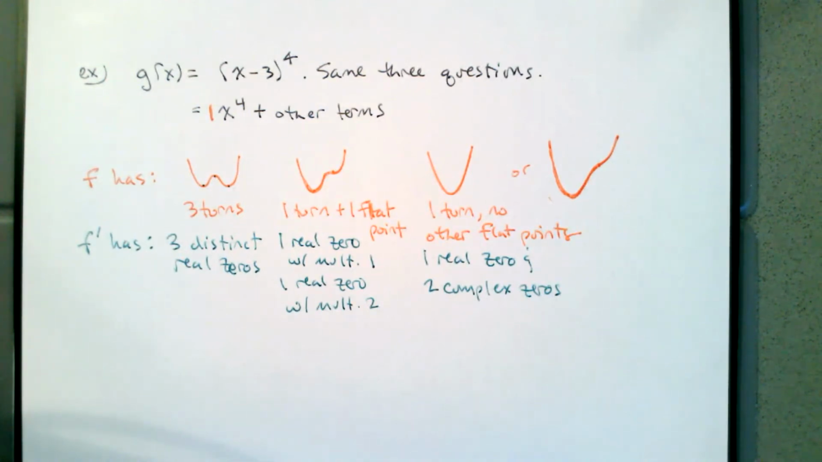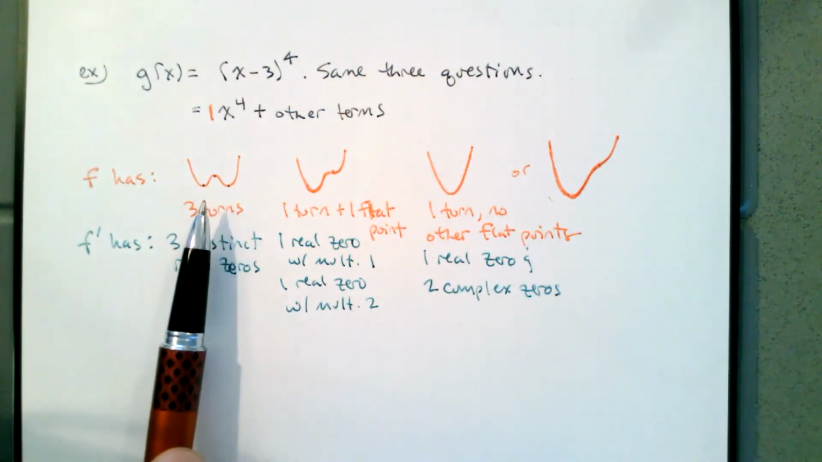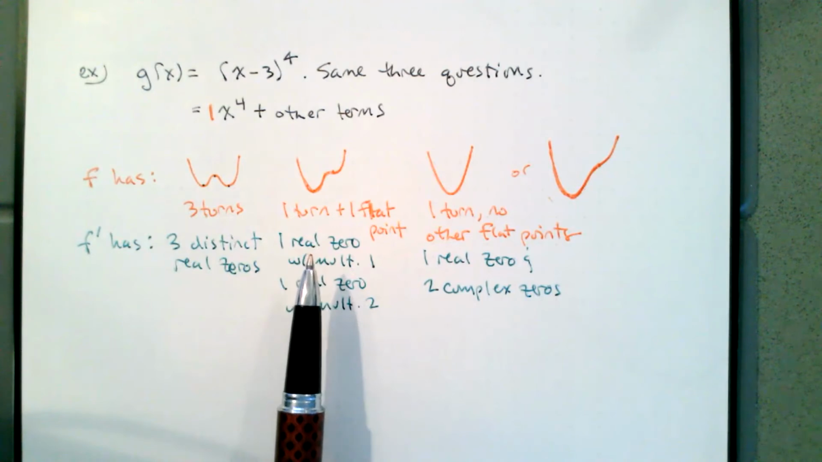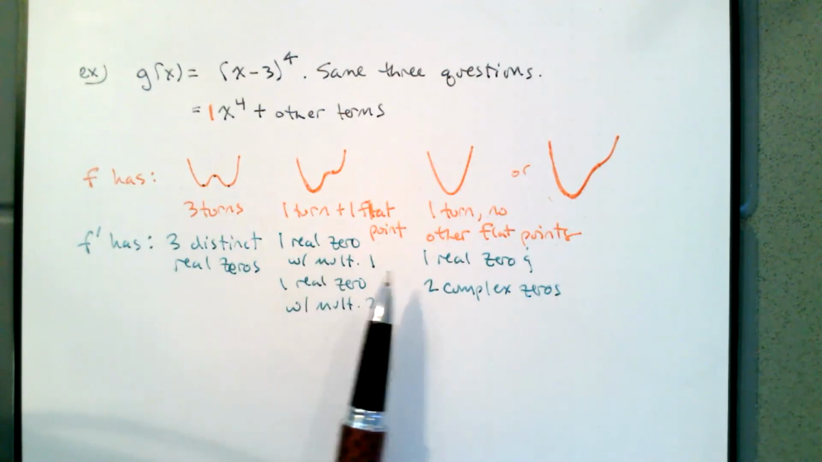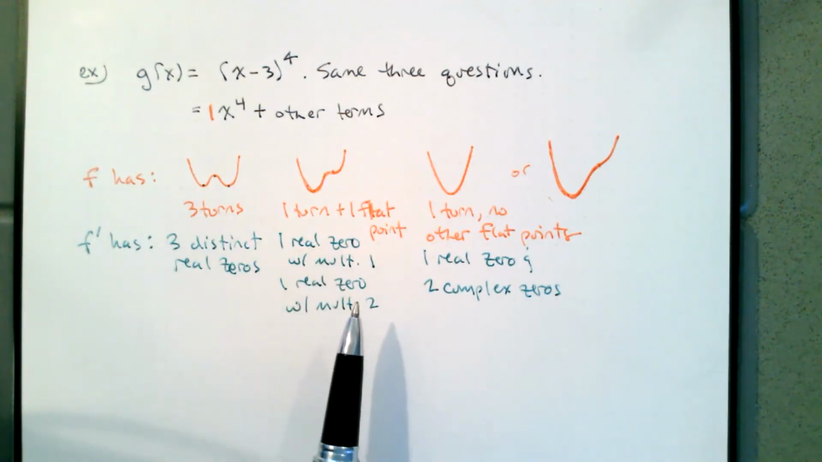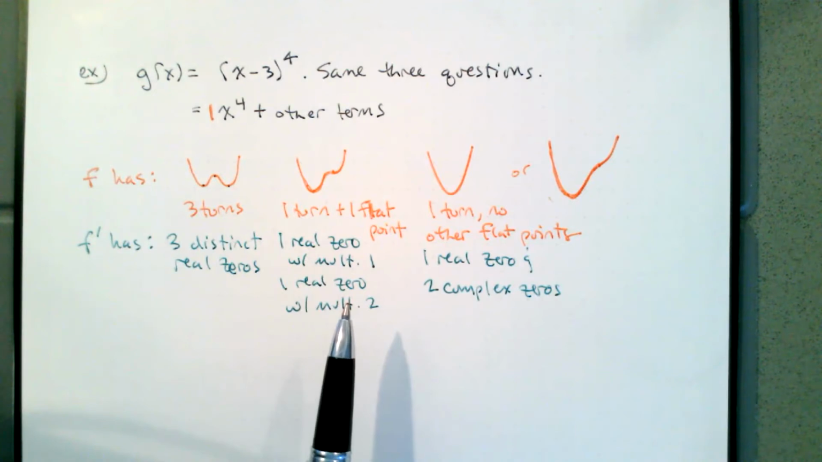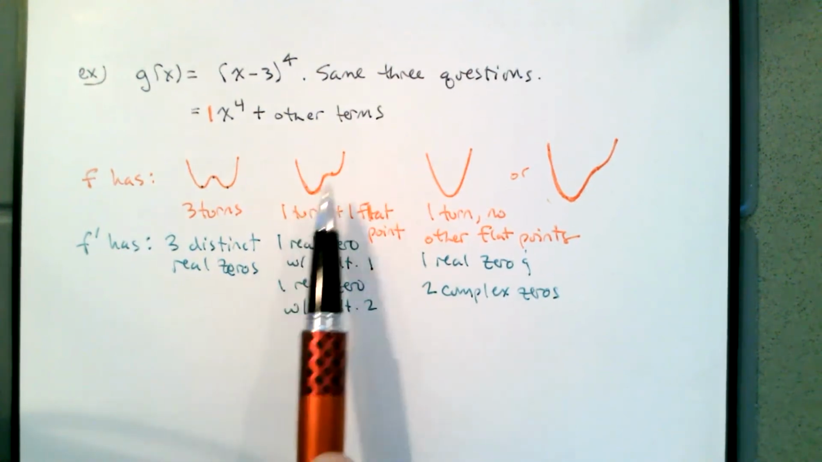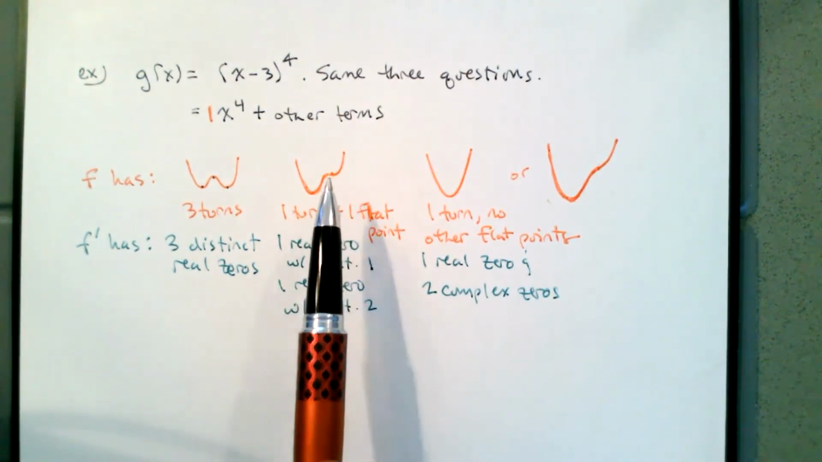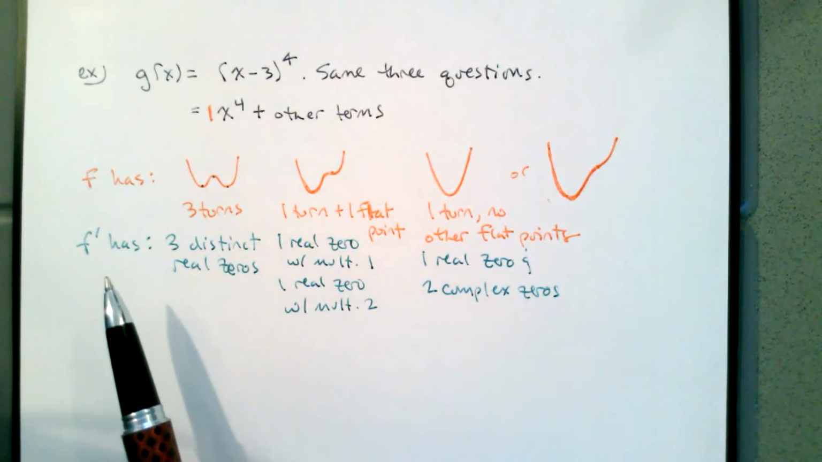But these are the possibilities for a third degree polynomial. We either have 3 distinct real zeros, which would tell us there are 3 terms. It could be we have 1 real zero with multiplicity 1 and 1 real zero with multiplicity 2. There are 3 real zeros, in which case we'll see 1 turn and 1 flat point, or f prime being